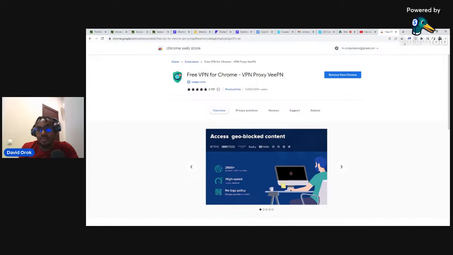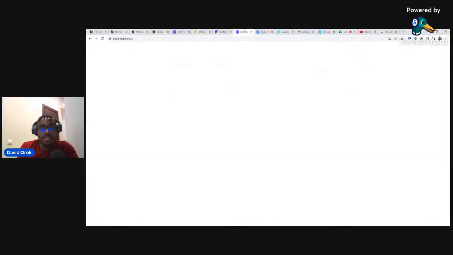Then when it comes up, you have to turn it on. Like right now it's off. So if it is off, it's not going to be able to do what a VPN is supposed to do for you, right? So you have to click to turn it on. And then also you can change your locations depending on what you want. All right, so that's just for that. And then let's go back to